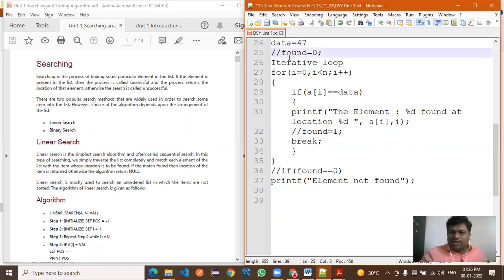Just a second. You can think that. Now you can check. You found the element, right? So 42 will be considered. Now it is 42. Did you get the element? Yes. So after that you are breaking this for loop, you exit the for loop, but you are again printing this statement. Even if the element is found, you will still print this statement. Why will it print? Because it is outside the for loop, right?